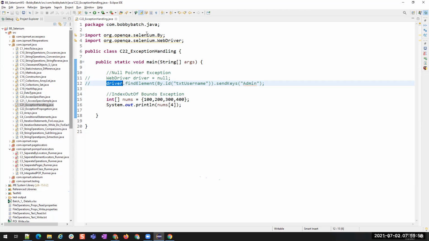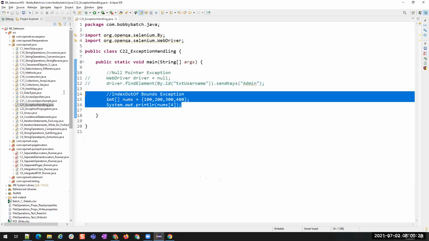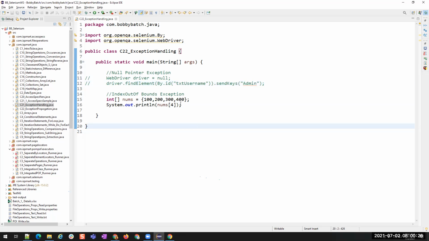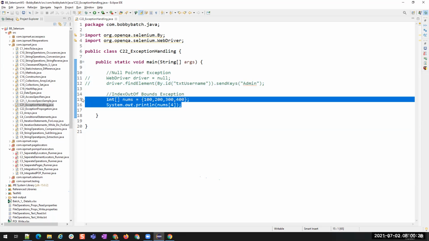No, right? You shouldn't abruptly end the execution flow for the user. You should give them clear information that you should enter only text here, not numbers. So we are handling it. We are giving information to the user, and then we are also handling the exceptions if any arise in the backend. Right? If there is any exception, we need to handle it. That is this exception handling technique.